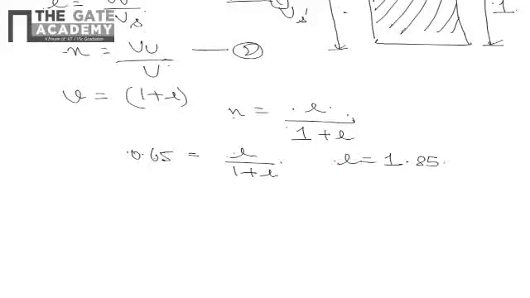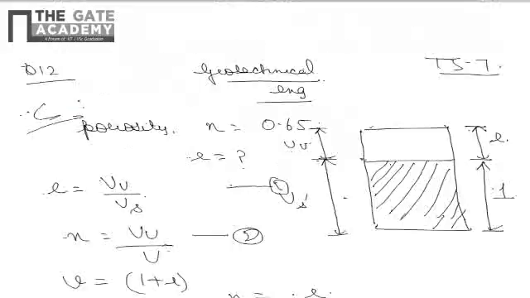1.85. Now, this basic diagram can be used to derive every relation that is related to index properties. So students are advised to go through this method whenever they are attempting any question in the GATE examination. So the correct answer for question number 12 is e equal to 1.85. So C is the correct answer.